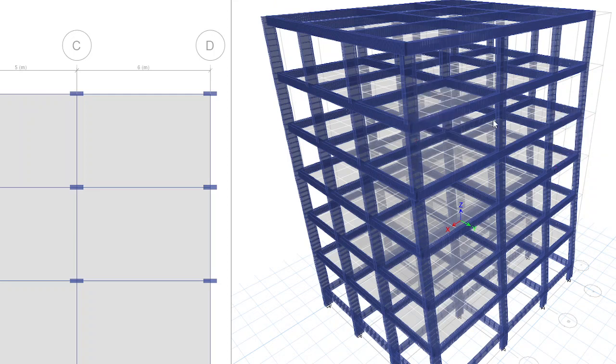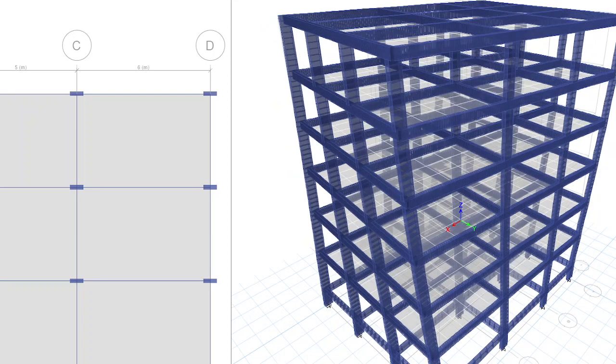This is the first mode. To see the second mode, third mode and so on, at the bottom next to start animation, you have right and left arrows. Click on the right arrow.